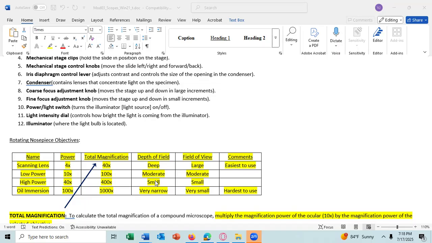With the 10x objective lens, you're going to see a smaller portion of the slide, something like that. With the 40x lens, a smaller portion still. And with the 100x lens, you're going to see an even smaller portion of the slide, a little bit more than a pinprick.